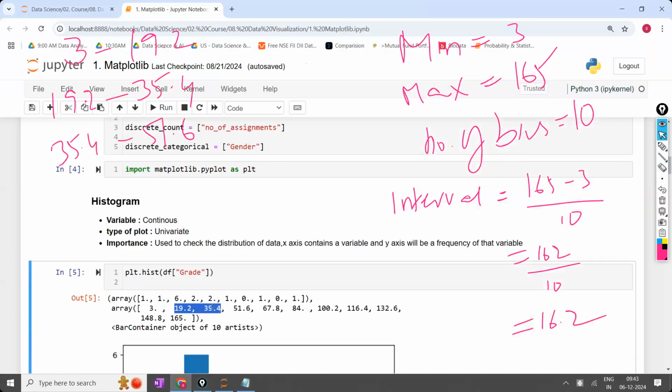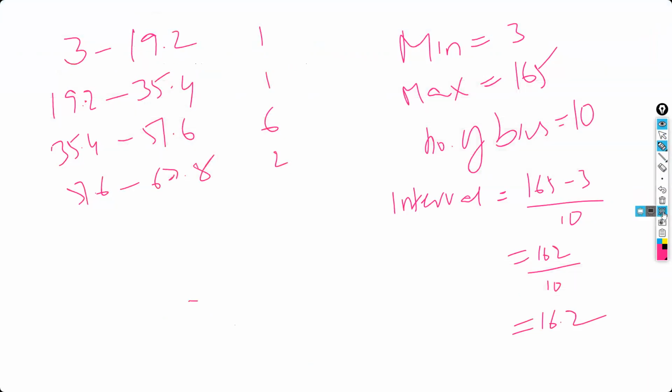This is interval number 2. This is interval 3. This is interval 4. Like that. Now, in each interval, how many records are there? Between 3 and 19.2, how many records? 1 record. So, the intervals along with their counts: 1, 1, 6. From 51.6 to 67.8, how many are there? 2 records. Like this it is going to create, and you are going to draw the histogram from 3